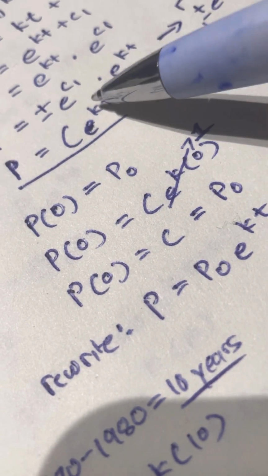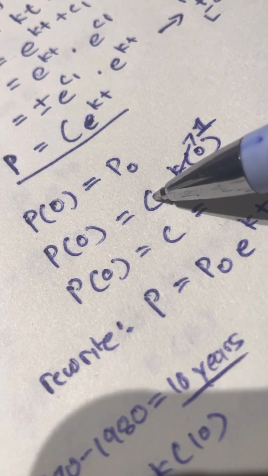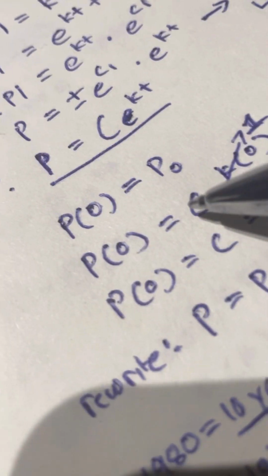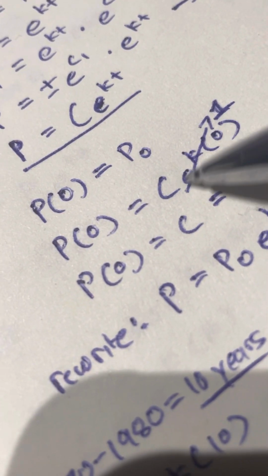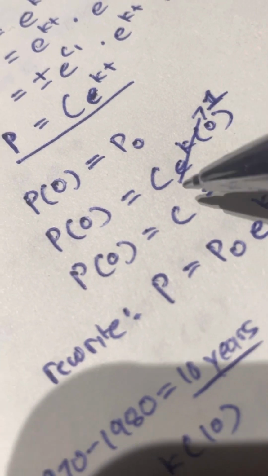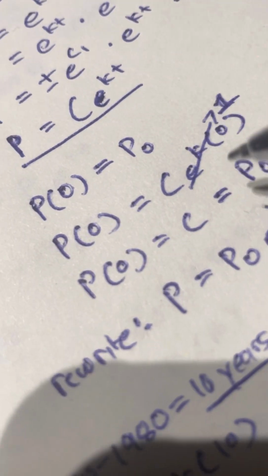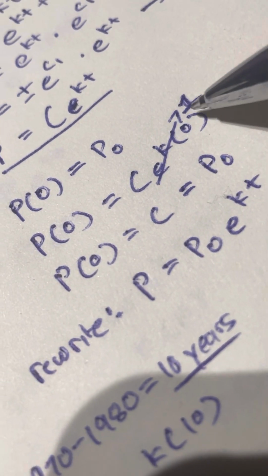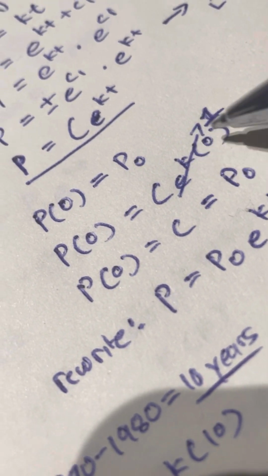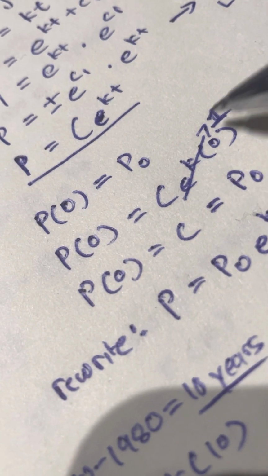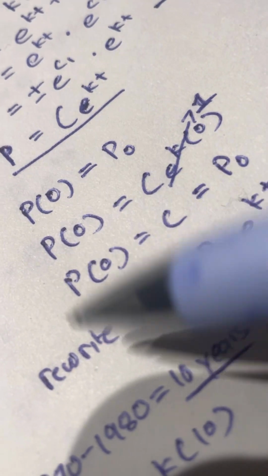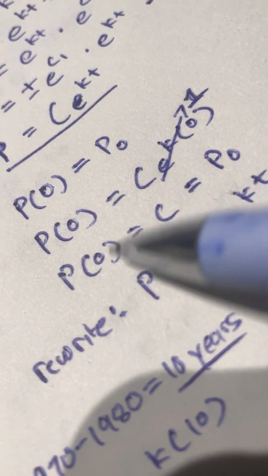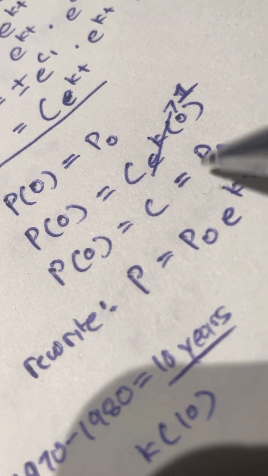So what we do is we take the time, and we're gonna figure out what c is. We just sub in a 0 for t, for time t, and set it equal to this entire equation. Now this entire thing just turns into c times 1, because remember 0 times k is 0, e to the 0 is just 1, and c times 1 is c. So we get p of 0 is equal to c,